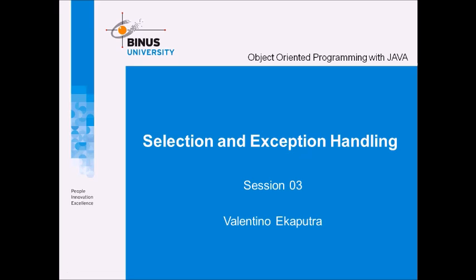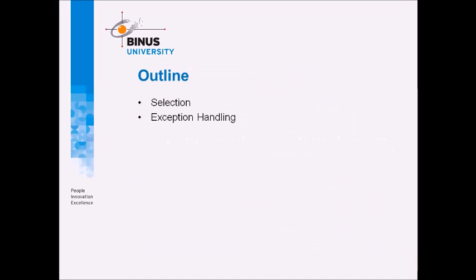In this video, we will learn about selection and exception handling in Java. So, first, what is a selection? In programming, if you want to create a program that will run in a certain condition, you can use selection. Selection usually can be used in many ways. There is if else, or switch case, or ternary, so you can choose between the three of them and you can use the one you find most suitable.